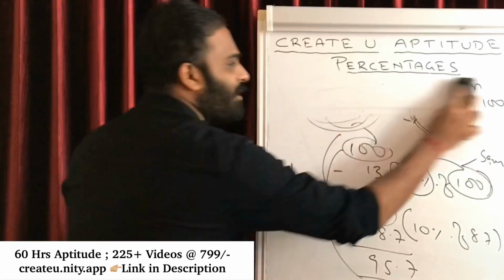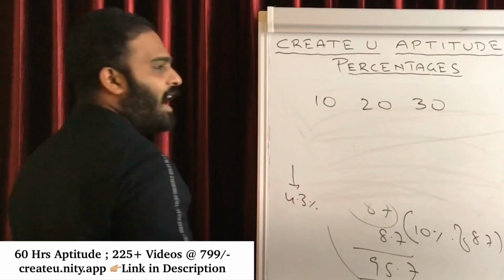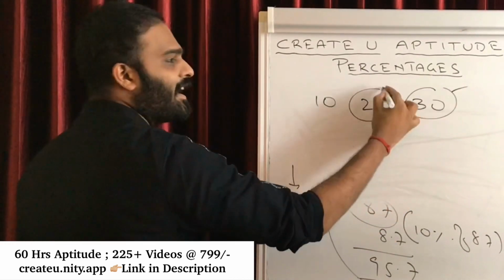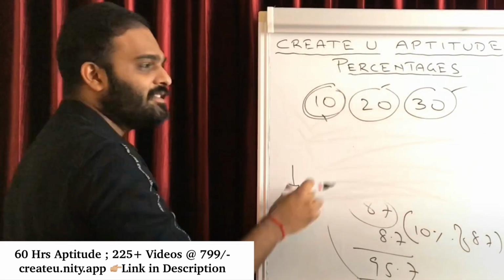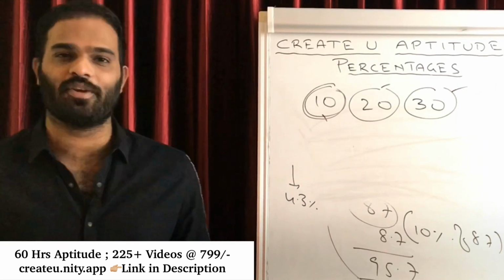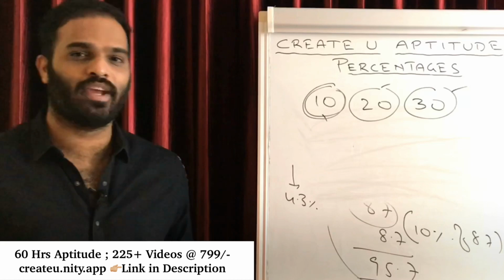For example, suppose if I have 3 numbers 10, 20 and 30, I can first calculate 30, then I can calculate 20, then leave 10. Why are you wasting 10 on 100? Don't waste 10% calculation on 100 because sequence is not important. Prefer difficult to simple. So for any question you will be doing it in this way.